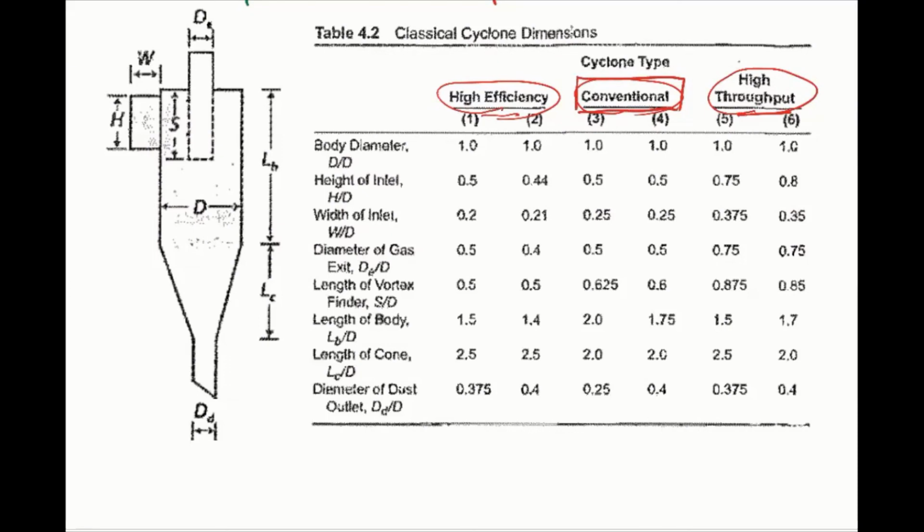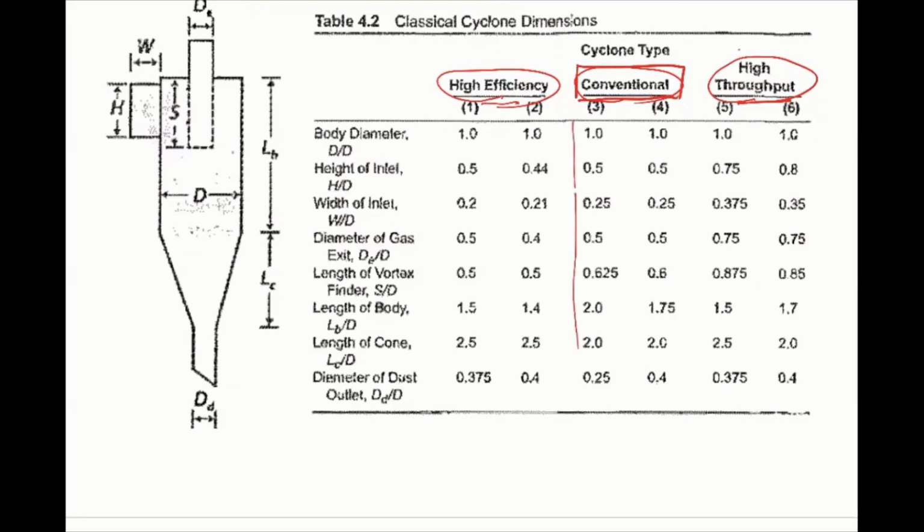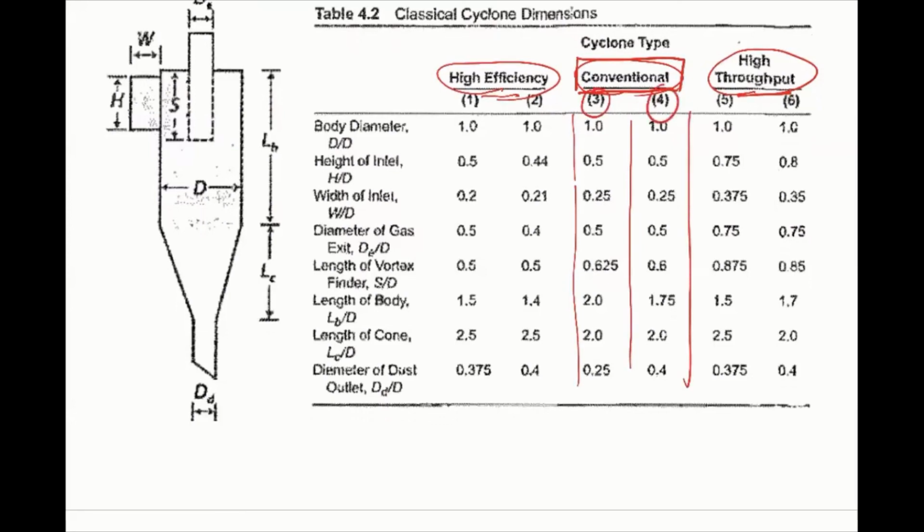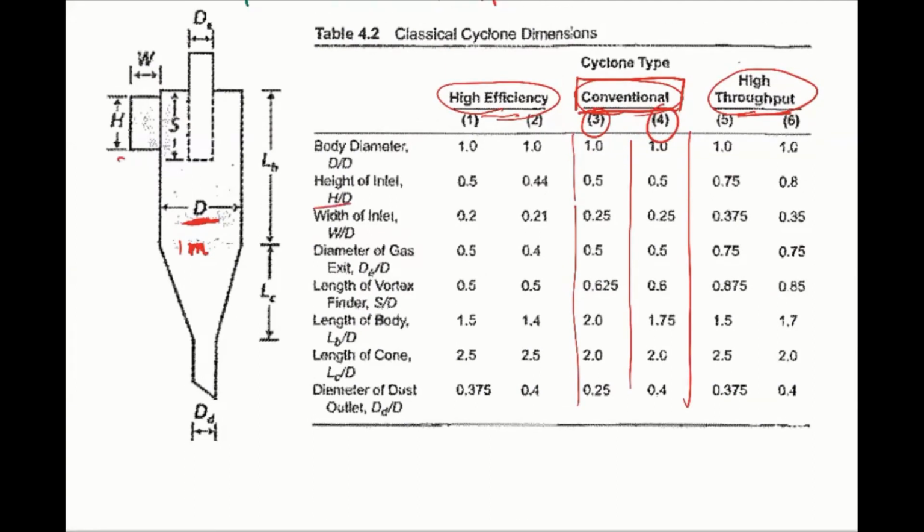So you can see that the conventional design is basically giving you a list of, so either number 3 or 4. And it's giving you a list of ratios that you can choose. So for example, you decide that your diameter of the cyclone is 1 meter. Okay, so then you can find out what is the height of the inlet. So the h over d is 0.5, so the height can be 0.5 meters, right? The width of the inlet is 0.25, so that's 0.25 meters. So everything is a ratio, or everything is non-dimensionalized by the body diameter, which was assumed to be 1 meter here,